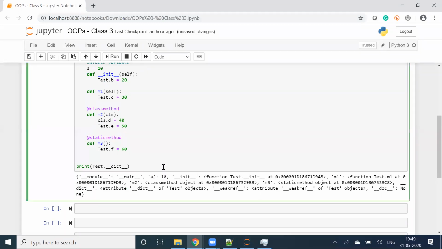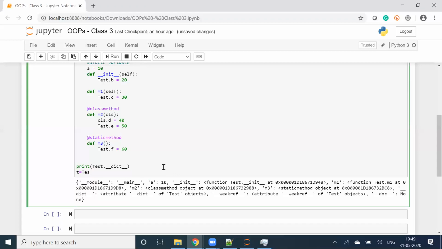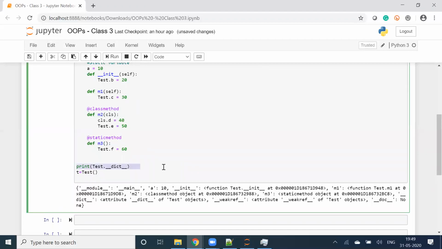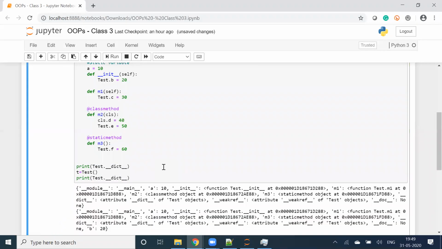Now, if I go t is equal to test() and then I write this, what will be the output? I created the object as well. Now what will be the output? a equal to 10 and b equal to 20. 30, 40, 50, 60 will not participate because we did not call the methods, guys.